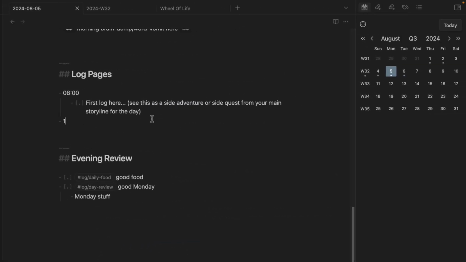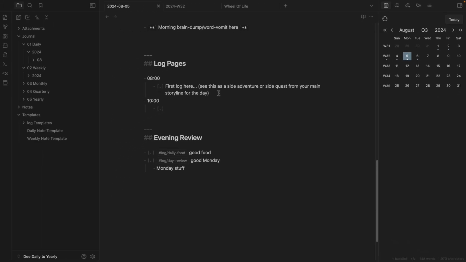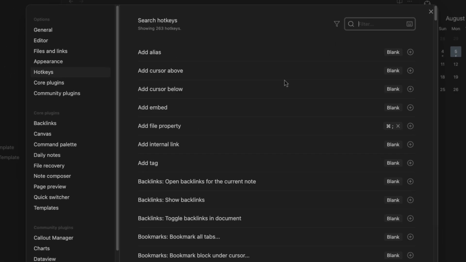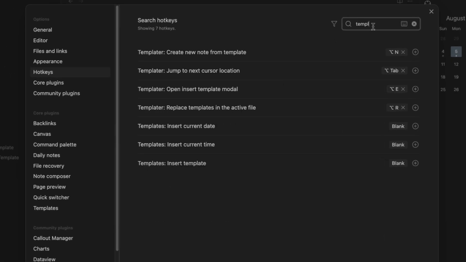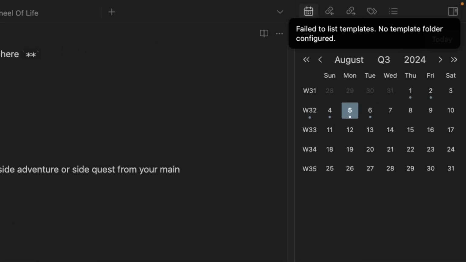at 10 a.m. we want to add a highlight that we played with a puppy. We're going to click Command E. Okay, let's change our hotkey. So you can choose what hotkey you want to assign to templates. Create new note from template. Insert templates. This one, I'm going to add Command E. You can add whatever you want. For me, Mac, Command E. Now if I press Command E,